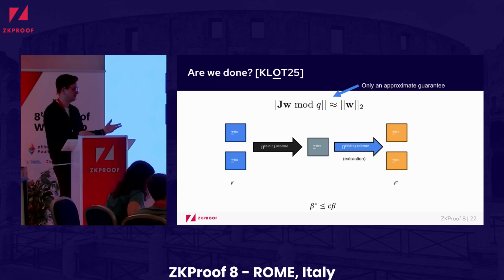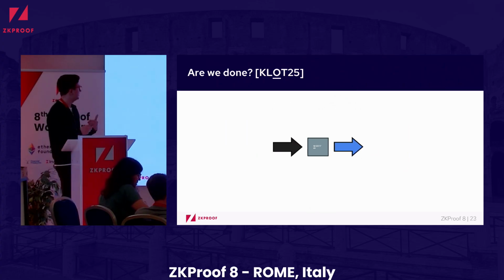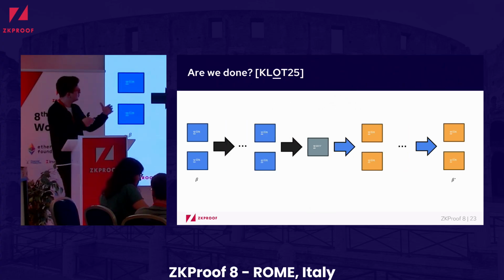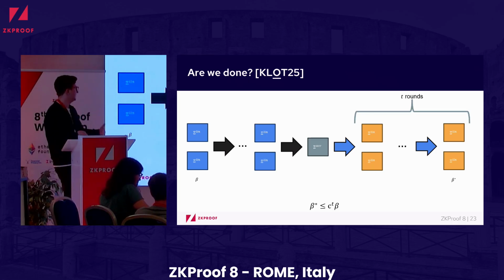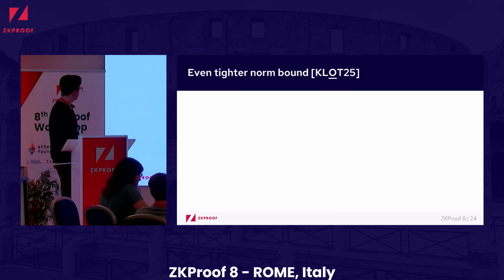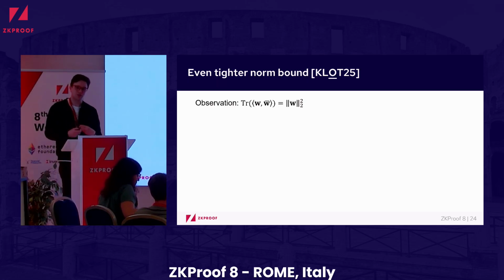Even if this is a constant across one fold, if we have a composition of many folding schemes, where many times we analyze correctness and many times we analyze extraction, we will end up with exponential loss. So to get an even tighter norm bound, the idea is that since we already know that the